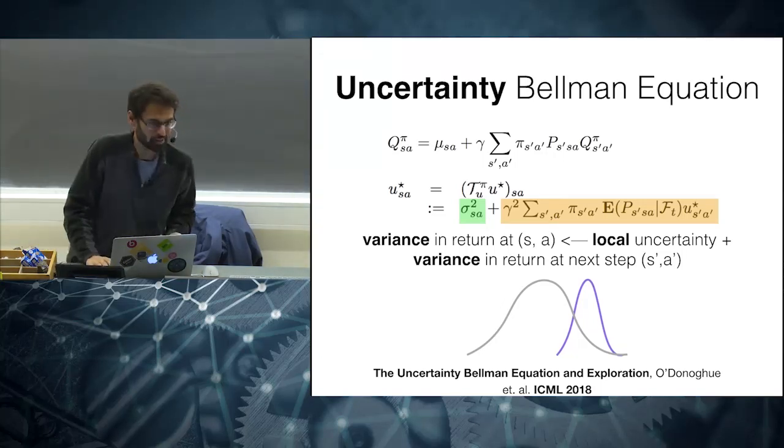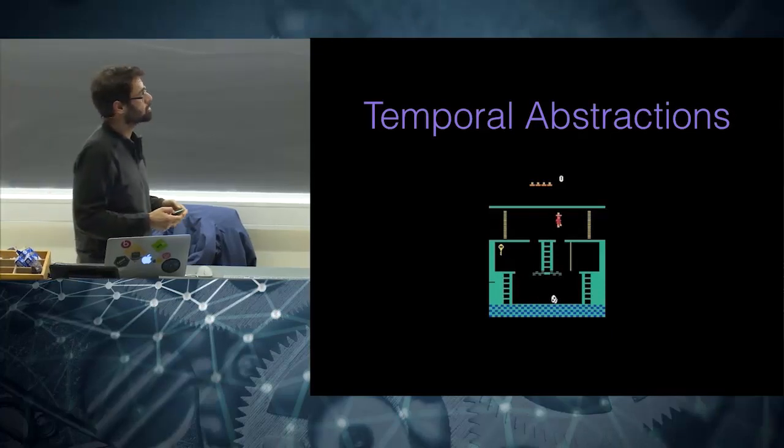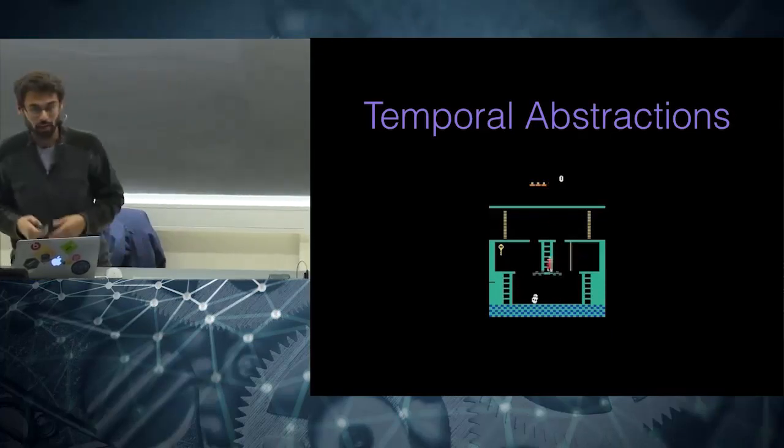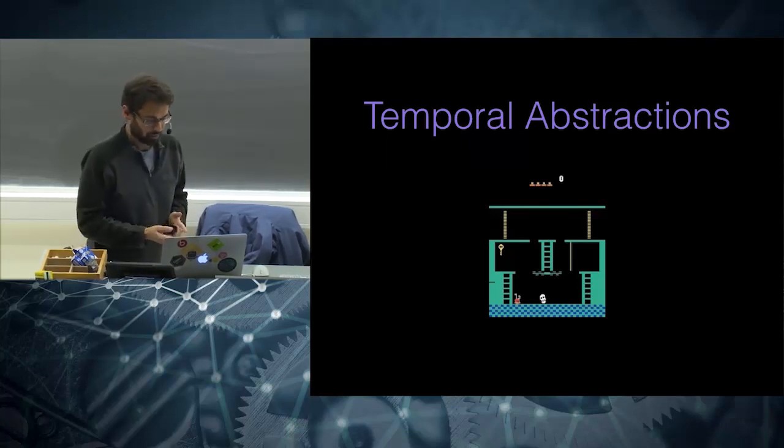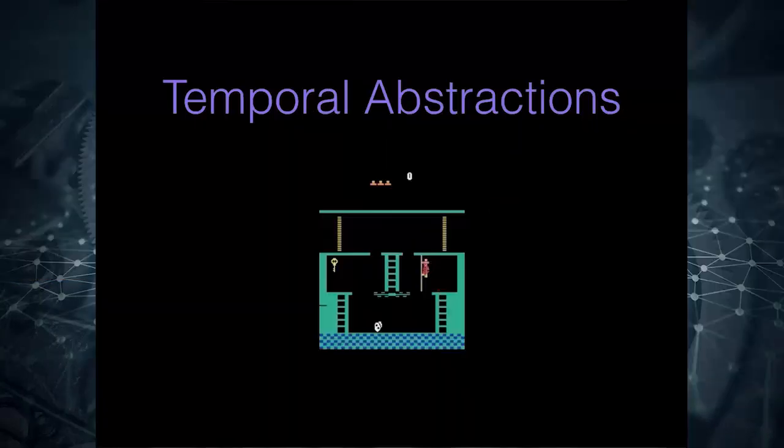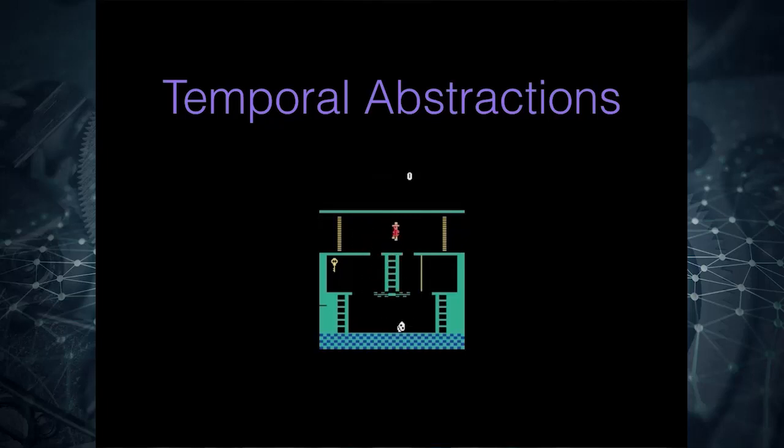Next is another line of work that is very interesting, which is hierarchical RL or temporal abstractions. So in this game again, instead of making this poor guy learn the entire big task, what if we could break the task down into sub-problems? What if we could provide this agent a reward when it reaches here? That would be a subtask. Then from here to the ladder would be another task. Here to here would be another task. So what if we could have this done in a hierarchical way?